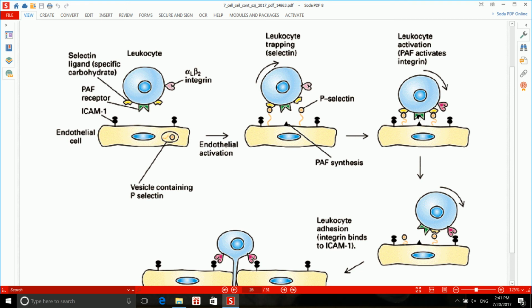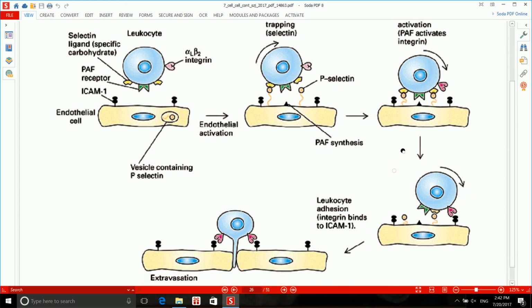a specific type of factors are synthesized on the surface of epithelial cells. This black triangle here, PAF, or platelet activated factors. Now, when platelet activated factors are expressed on the surface of epithelial cells, platelet activated factor receptors or PAF receptors on the leukocytes, while the leukocyte is tapping along these epithelial cells, will find these PAFs and bind to them. And when PAF receptors bind to PAF, a specific type of pathway will be activated in the cell, which will cause the phosphorylation